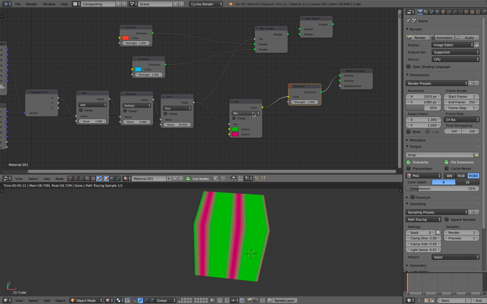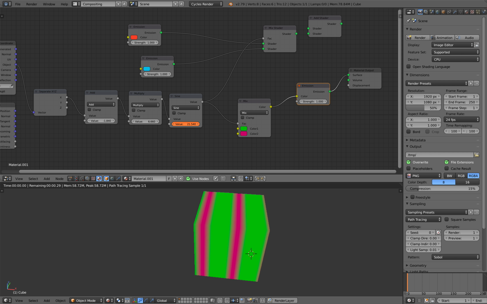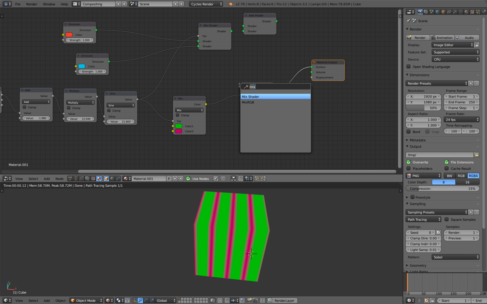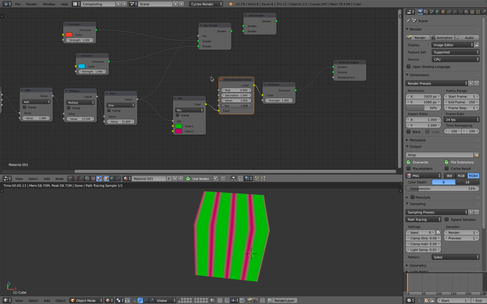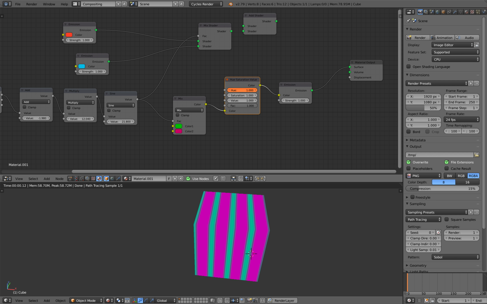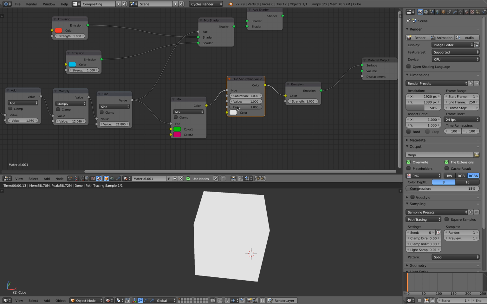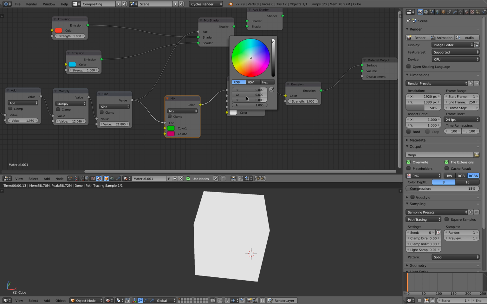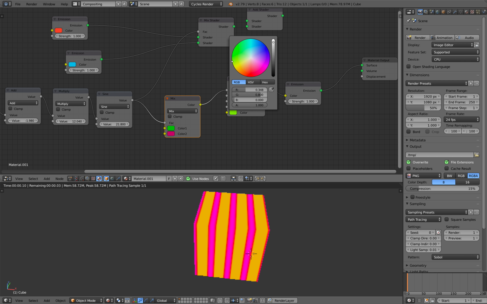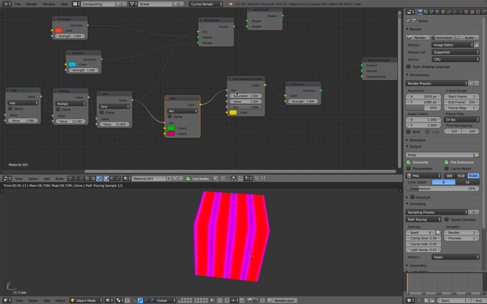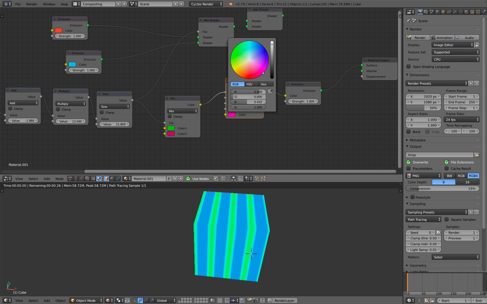So there's a stripe, there's a mix, there's this guy, of course, we can control. We can add this, we can animate that. There is one actually really powerful node, hue saturation. I really quite like this node. It's quite powerful. Sometimes people use it this way. It's kind of neat. You actually plug the color into the hue, and then you control the color